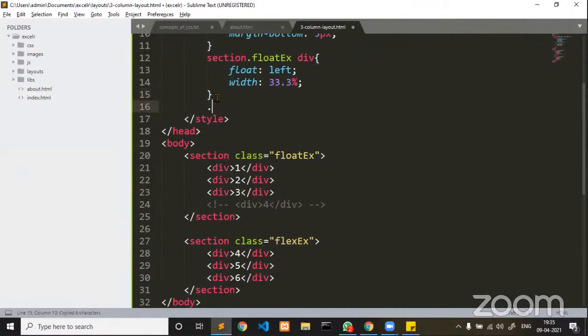Okay, then dot flex ex. This selects an element whose class is equal to flex ex. Guys, listen carefully. After adding this kind of CSS, if you go and reload,